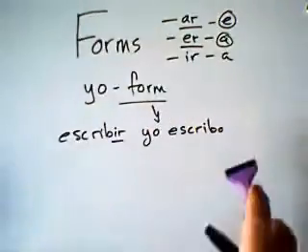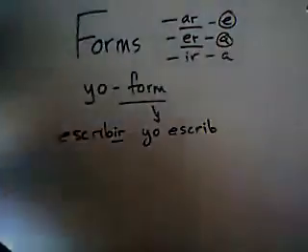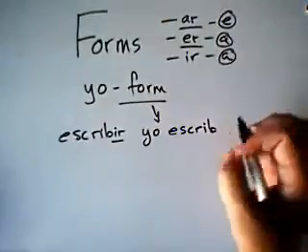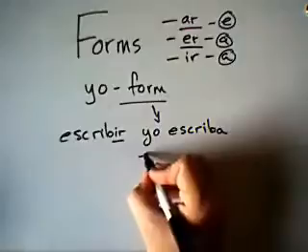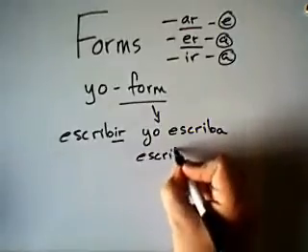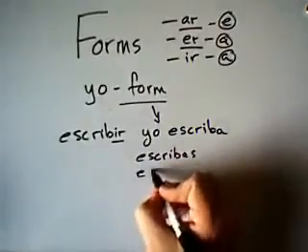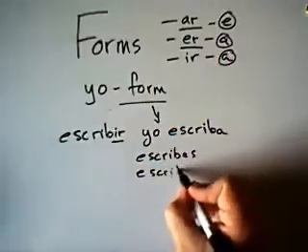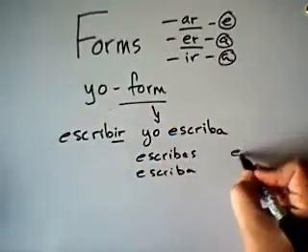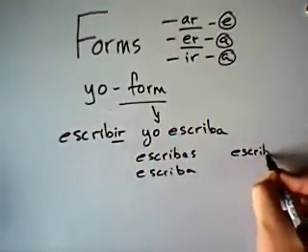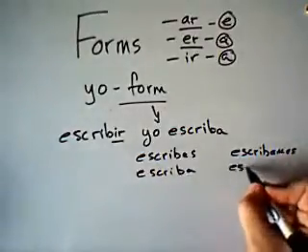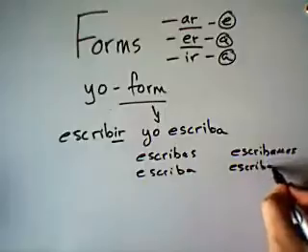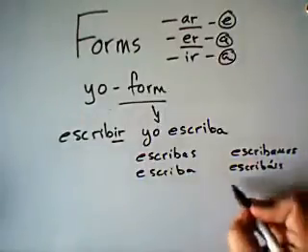Remove that final O, and give an opposite vowel ending. So the subjunctive for the yo form would be escriba, and that one would generate the other forms. Escribas, he, she, or usted, escriba, right? We write, escribamos. And again, emphasizing that second to last syllable with the exception of the vosotros form, escribáis,